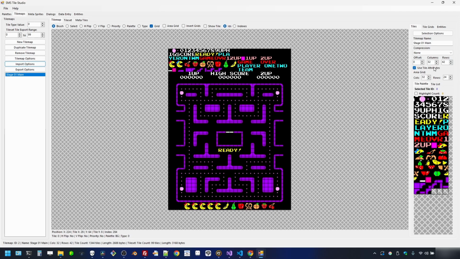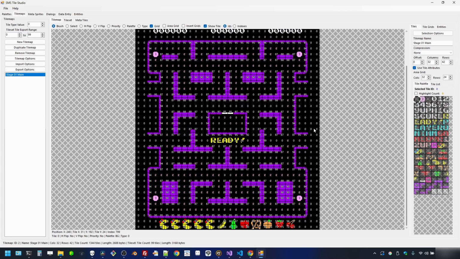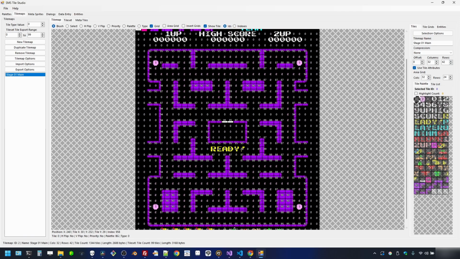First thing we're going to do is set the offset to this. By default, if we look at the map, you can see all the tile IDs here, much like the previous video where we discussed what these values mean for a tile map. You can see that those values are here. So the empty tile is 0, our energizer is 1, our pellets are all 2s. Same thing here. The thing about this is that we're not going to use 0, and where we're going to place these graphics will be in the second half